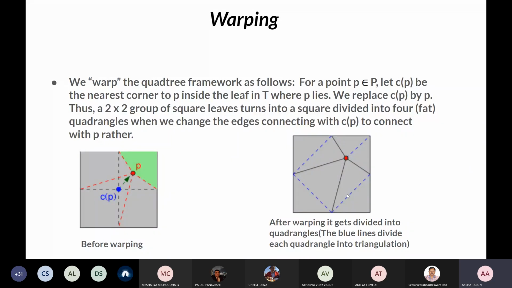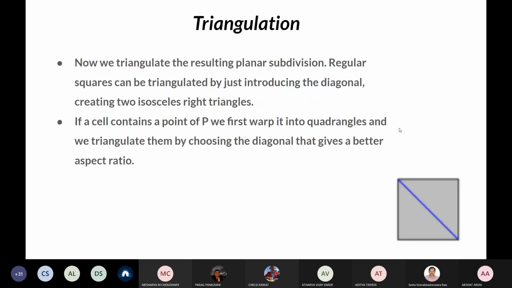In the previous image, what we see is that for any quadrangle, we have two diagonals. If we choose the other one, which is not the blue dotted line, then it results in thin triangles, which results in high aspect ratio. Thin triangles have a high aspect ratio because the height gets minimized and the longest edge gets maximized. So as we want to minimize the aspect ratio, we choose the other diagonal, which is the blue dotted line, so as to get fat triangles so that the aspect ratio gets minimized. And the triangulation formed by this partitioning, this warping, is known as QT of P, which we will see later.